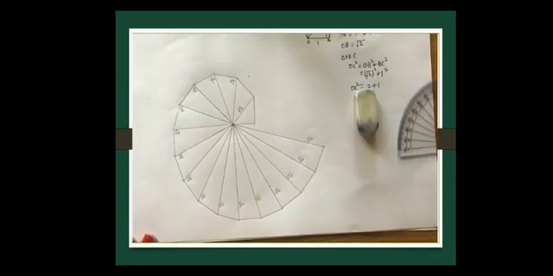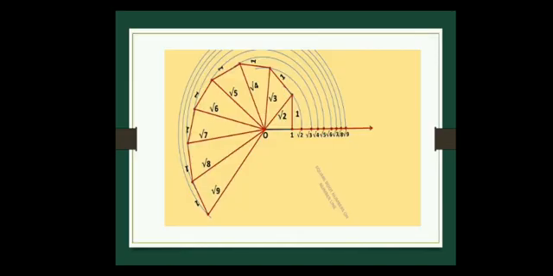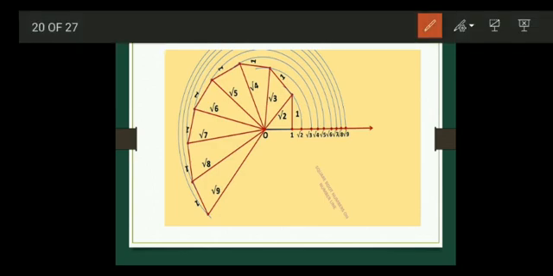So this way we can construct a beautiful spiral. So when we construct a square root spiral, we'll get a spiral like this. Okay. When you measure this length and same length here, so first we have to measure this length using a scale, and same thing you have to take here. Okay. That will give us root 2. Okay. Or you can use your compass. Okay. And take this distance in your compass and draw an arc or circle. You will get root 3.